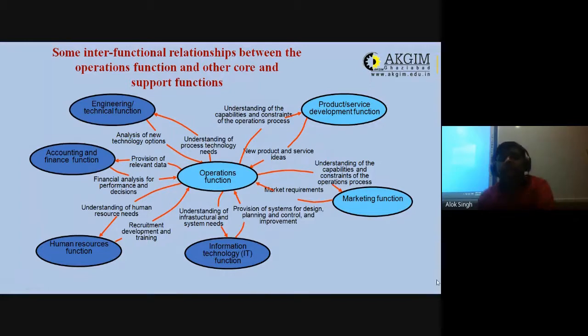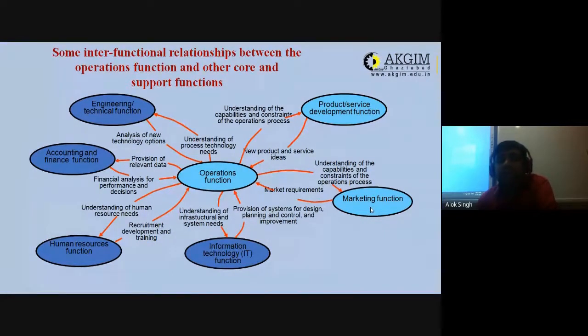Next is marketing function, interrelationship with marketing function. So what will marketing function check? Understanding of capabilities and constraint of operations process, means marketing function is directly related with customers. Directly dealing with customers. You are generally doing market research. So you will check what the customer wants and you will inform the operation function, means market requirement will be given by marketing function to operations function, and marketing function will check the capability and constraint of operations process, and